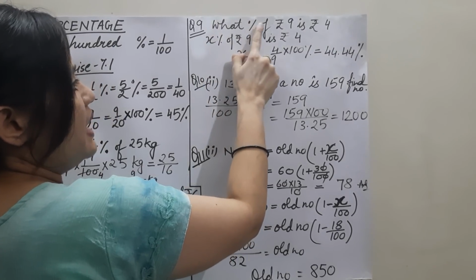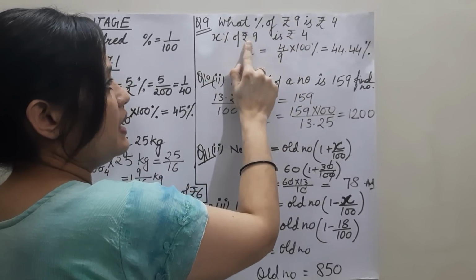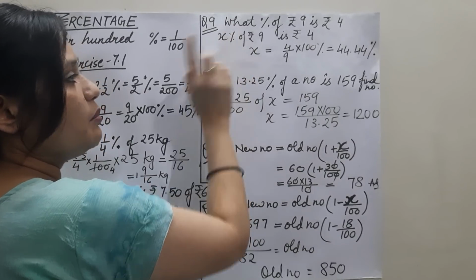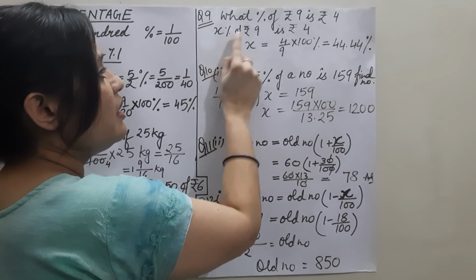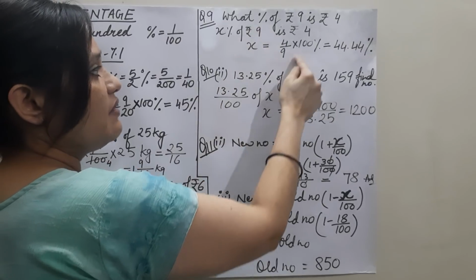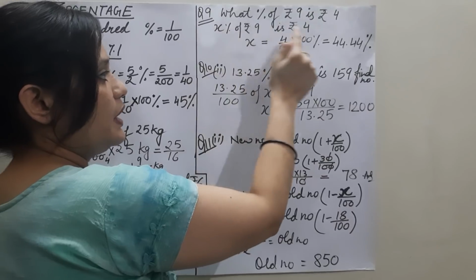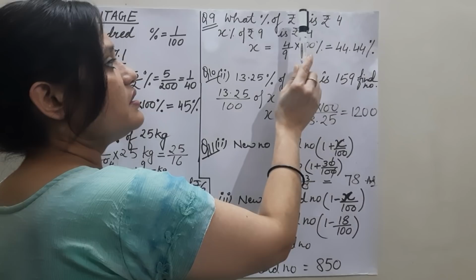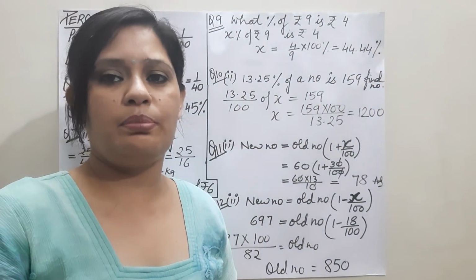So what percent of? I have considered x. X percent of rupee 9 is equal to 4. So x upon, we'll remove the percent sign, 100 will come in the denominator. So x upon 100, of means multiply, x upon 100 into 9. 9 will come this side, in the denominator, and 100, already in the denominator, will come in the numerator. That is why we say second number divided by first number into 100%. Final answer will be 44.44%.